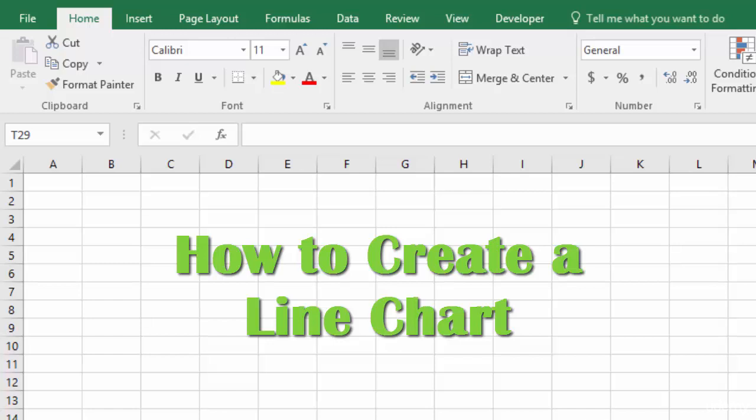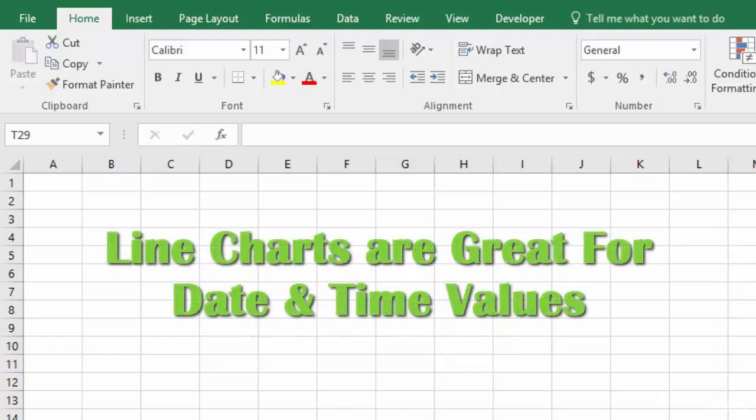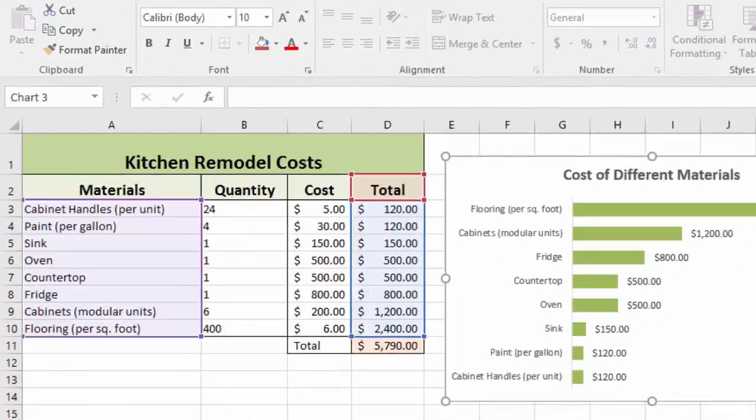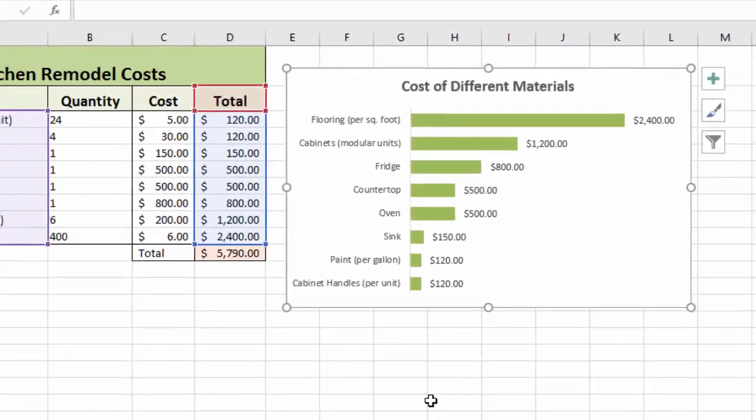So I'm going to go ahead and create a line chart out of our existing spreadsheet, and then we're going to create one from scratch from a different spreadsheet that includes dates. The reason for that is because line charts are really best suited to demonstrate or represent data that is spread over time because it shows the progression or the change in that data over time. So let's go ahead and I'll convert this into a line chart and show you what that looks like, and then we'll go ahead and dive into this other spreadsheet and I'll show you how to make a line chart